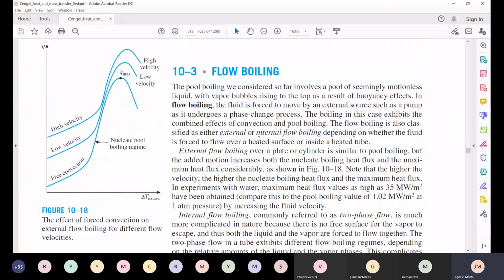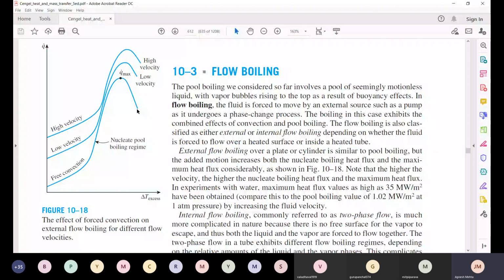So you can have a look at the curve or the chart shown here. This is delta T excess, similar to your boiling curve, and Q dot, the heat flux. When there is no flow, that is pool boiling, the lowest curve is followed. This is nothing but your boiling curve for the pool boiling, the lower one, the one at the bottom. But it is seen that if the fluid is